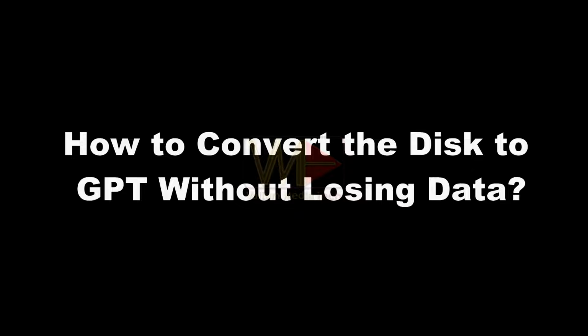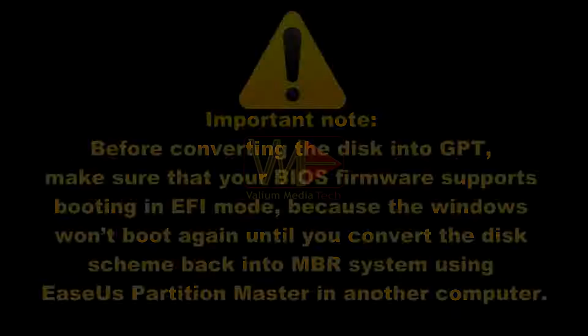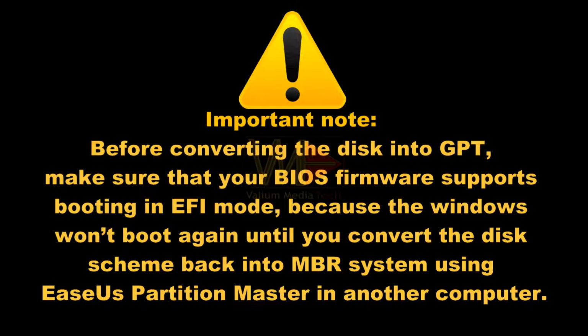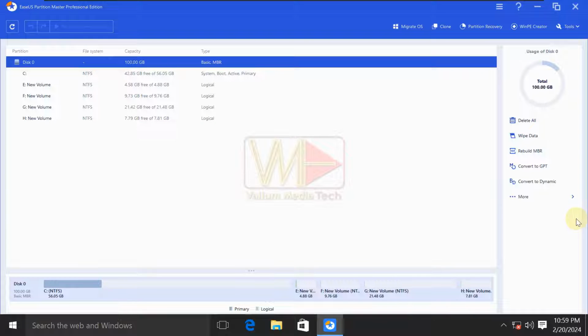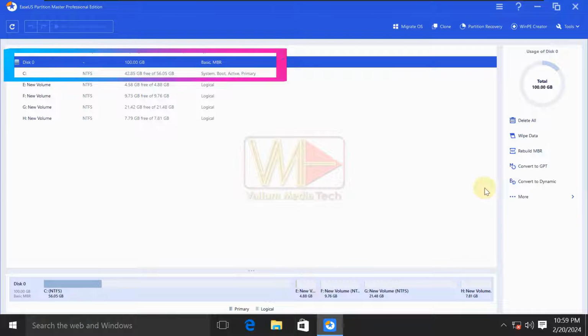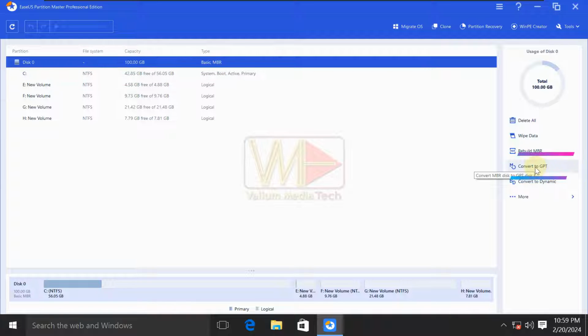How to convert the disk to GPT without losing data. Important note: before converting the disk into GPT, make sure that your BIOS firmware supports booting in EFI mode, because Windows won't boot again until you convert the disk scheme back into MBR system using EaseUS Partition Master on another computer. If you are sure that your computer supports EFI boot, then you can convert the disk from MBR to GPT as follows. Select the disk that contains the C or boot partition and then click on Convert to GPT